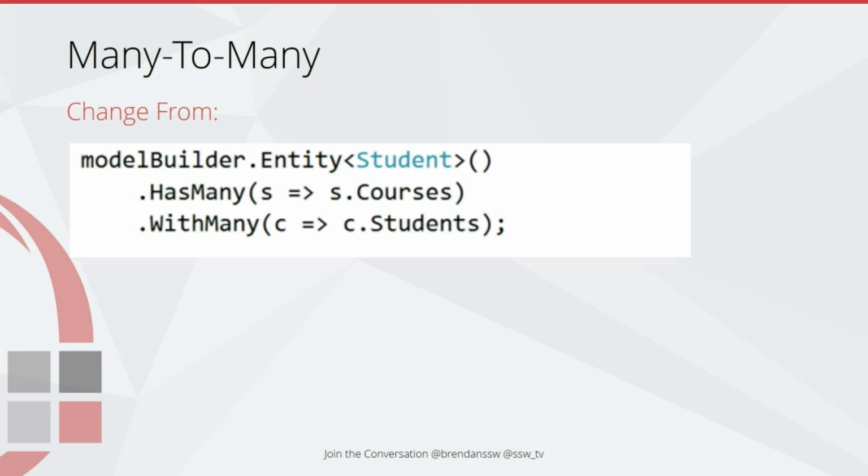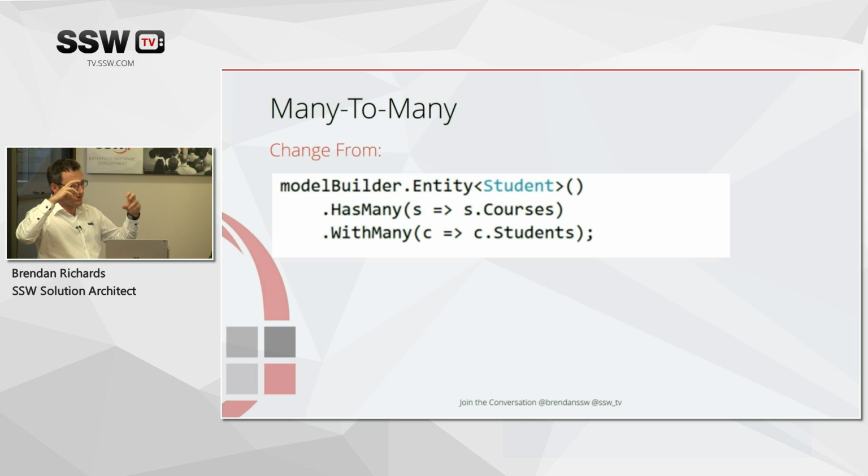So the next one is many to many. This is quite a cool feature of EF6, where you've got one entity and another entity, and on each entity you can put a collection on this side that points to that one, and a collection on this side that points to that one. What Entity Framework will do is automatically generate a table in the middle just to manage those keys to make that many-to-many relationship.